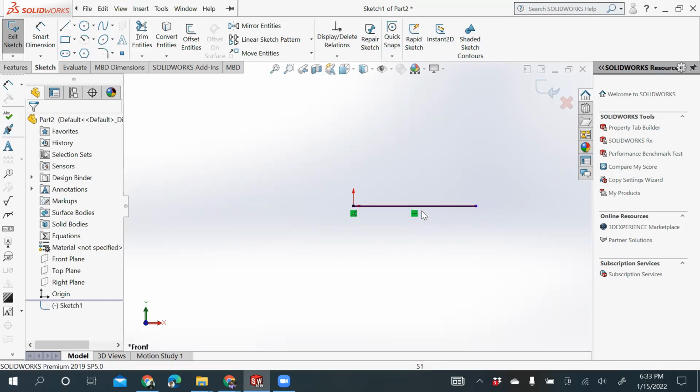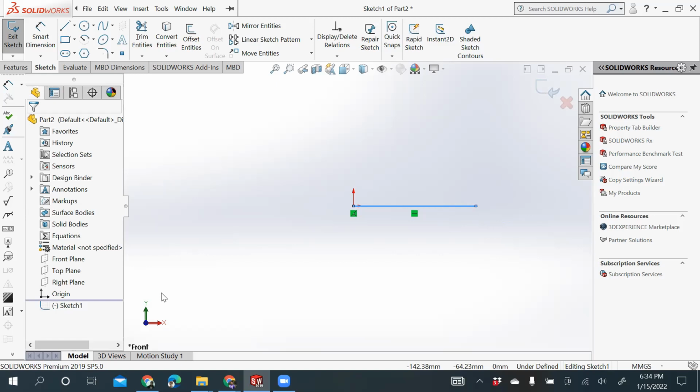Just to ensure that this line is horizontal, here it shows a particular symbol. The symbol signifies that this line is horizontal to this origin, and also this signifies that this line is coincident with the origin. We actually need our sketch to be defined with respect to origin, either at the start of our sketch or at the end of our sketch, because origin is one point which SolidWorks knows. It is the only point in that space which SolidWorks is associated with. It will take reference to every other line which you are creating with respect to the origin point which it has in its space.